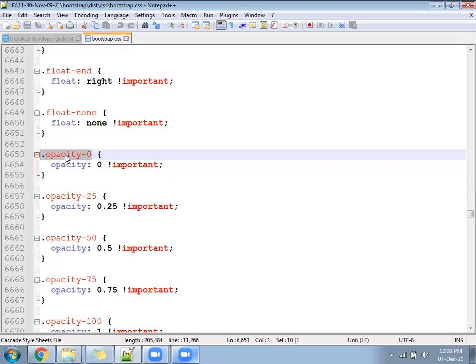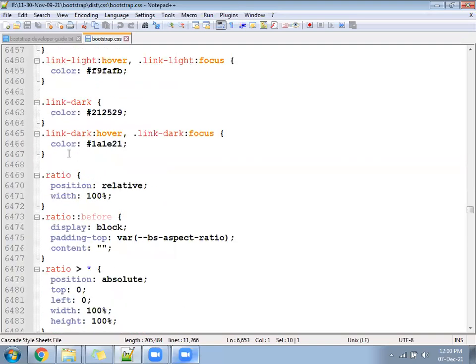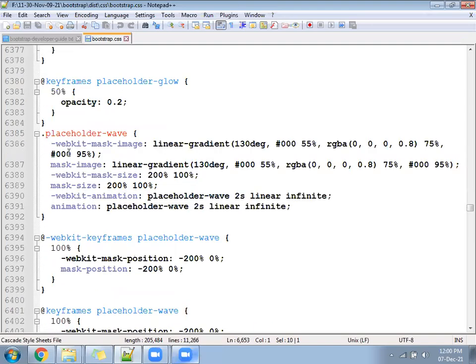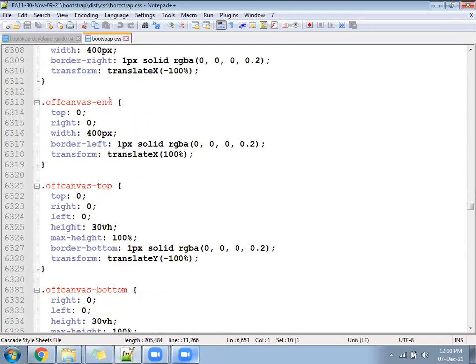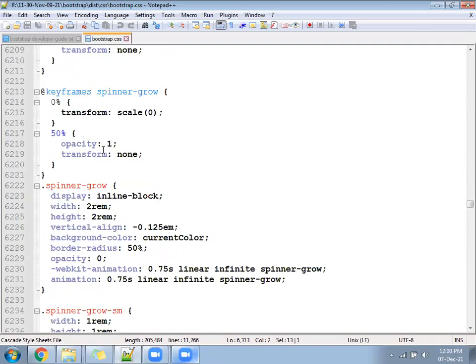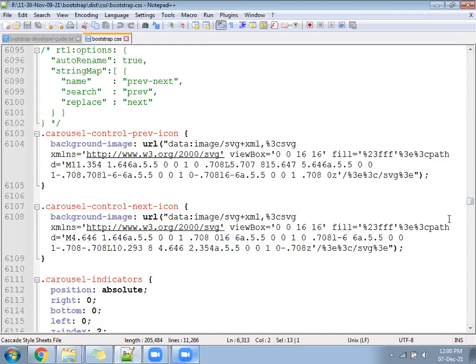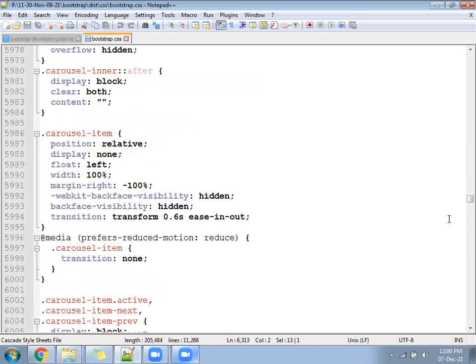Suppose I stop at canvas end, that means it will come on the right-hand side. Start means beginning, end means last, center means in between. So many classes you will have.